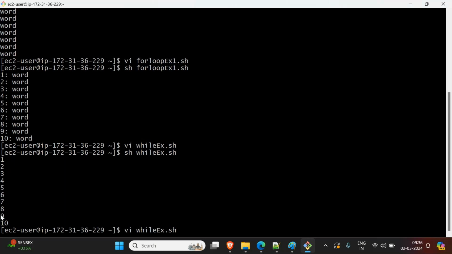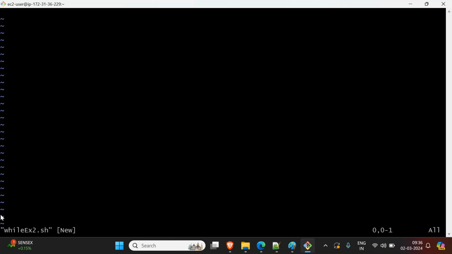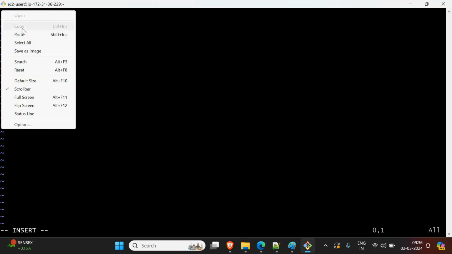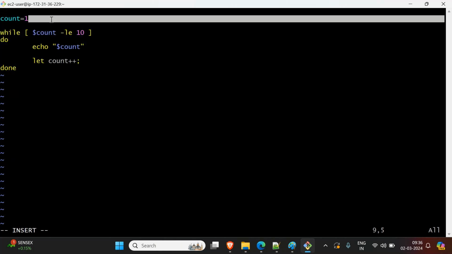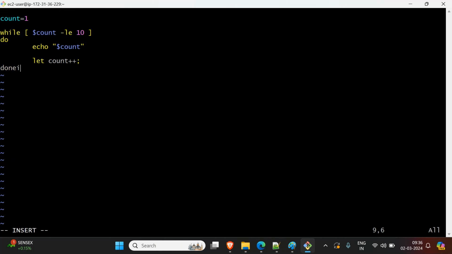I want to write another example, while example 2. Okay, vi while example 2. In this insert mode, for the reverse order, you can initially go to insert mode. Yeah, if you say it's 10, then